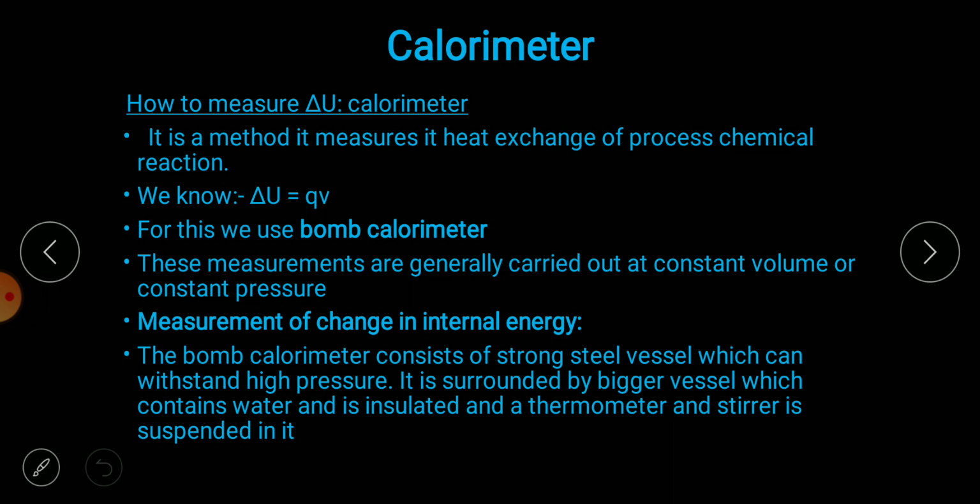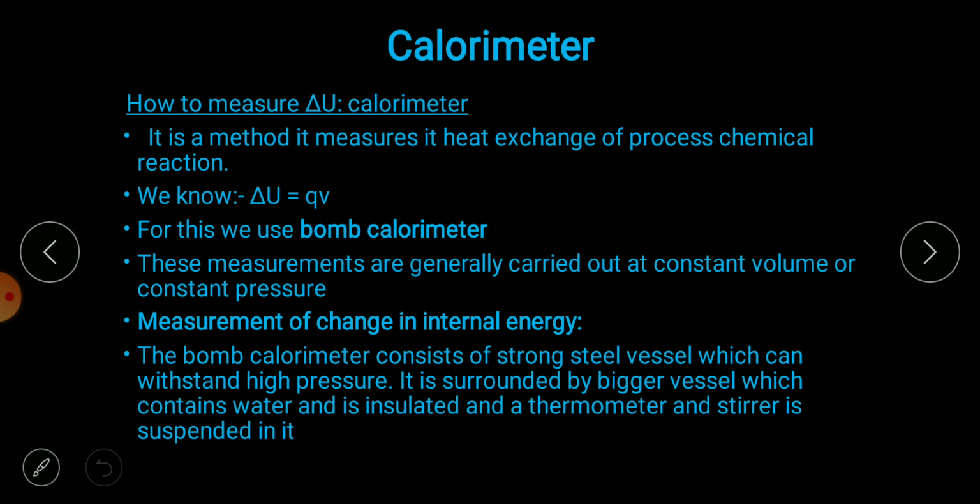If we talk of a process, like heating a glass of water, how much heat is given to the system from the surroundings and how much heat is given by the system to the surroundings is measured by a calorimeter. Delta U is related to heat capacity at constant volume, which we have discussed earlier. We have to measure this internal energy change using a bomb calorimeter. It's a specific name of the calorimeter.